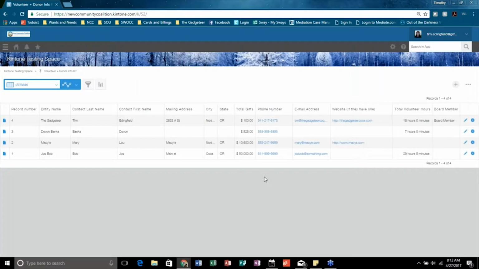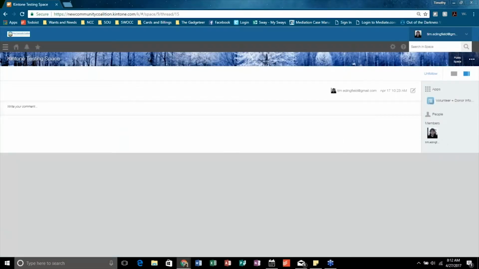So what this allows is an easier way to track, enter, and report. Now, I just wanted to show you all a simple way to create applications in Kintone. Oh, I went too far.